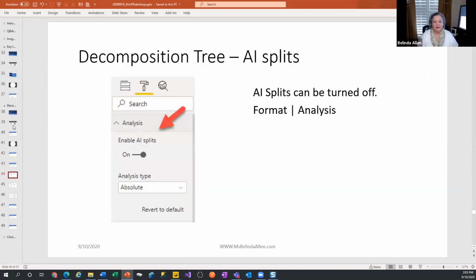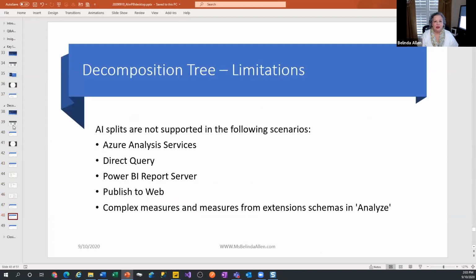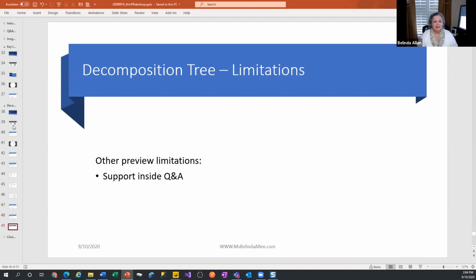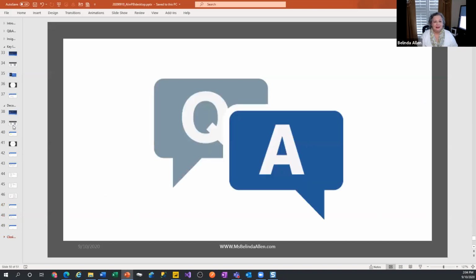Let's see. Those are just some screenshots. The maximum number of levels you could have on a single tree is 50. Wouldn't want to look at that. But you could visualize up to 5,000 points on a tree. Again, I don't know that I would want to look at that. Okay,